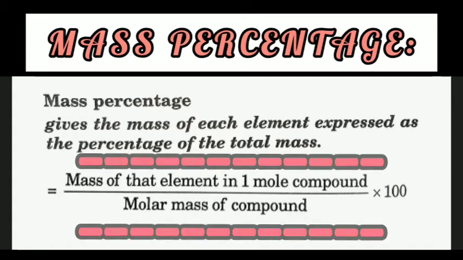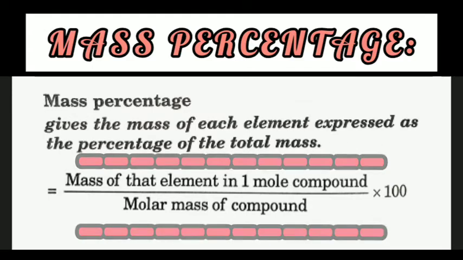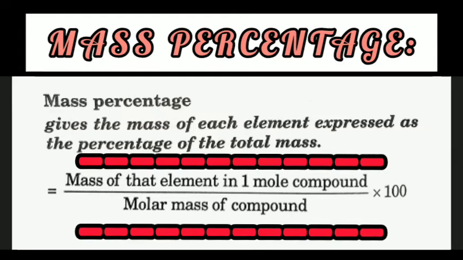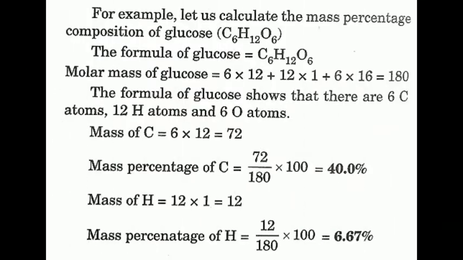And what is the formula? The mass percentage of an element is equal to the mass of the element in 1 mole of compound divided by the molar mass of the compound multiplied by 100. Let's take one example. We can calculate the mass percentage composition of glucose. The formula of glucose is